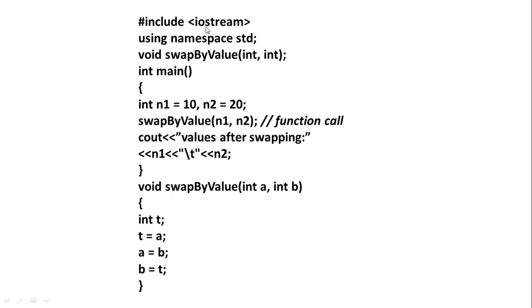Like in this program, you can see that here there is a function that is swap by value. Okay, we are giving two numbers and we are swapping them. That means if we are giving 10 20, the values after swapping will be 20 10. You know what is swap, right? So here this is the function name, swap by value, and this is the return type of the output, and these are the inputs, and this is known as the declaration part, right?